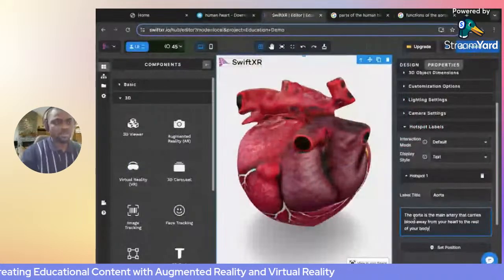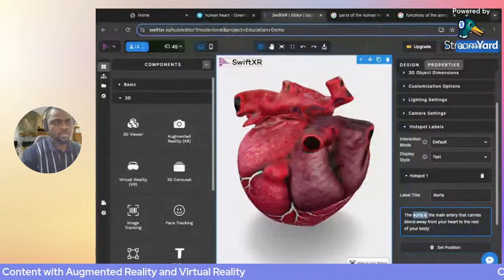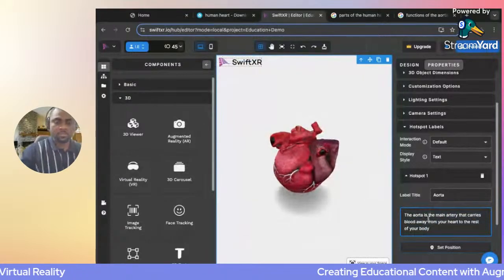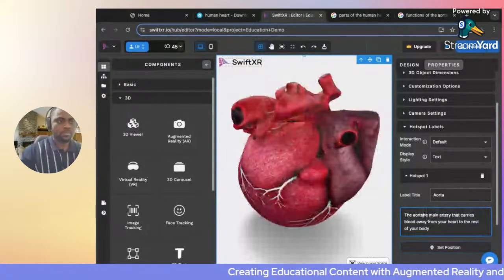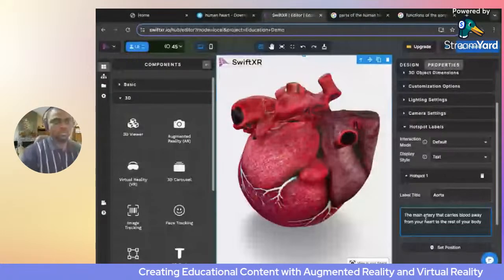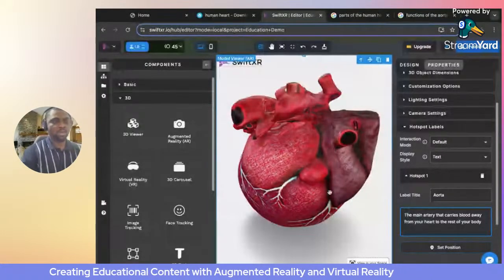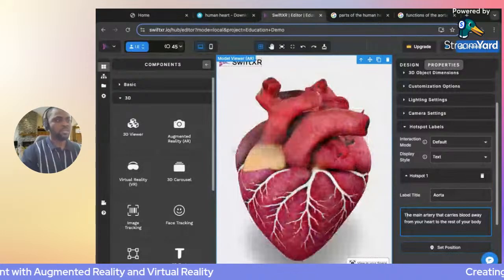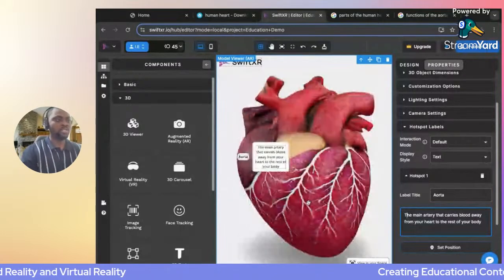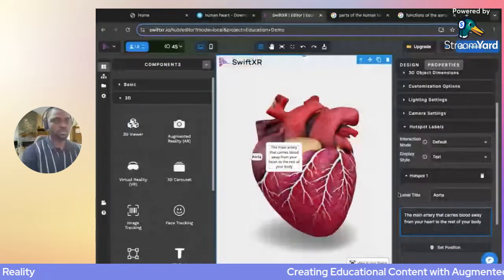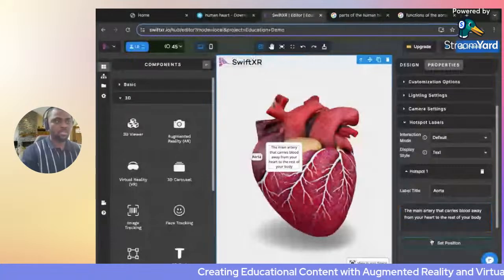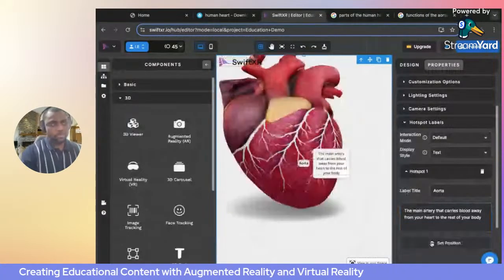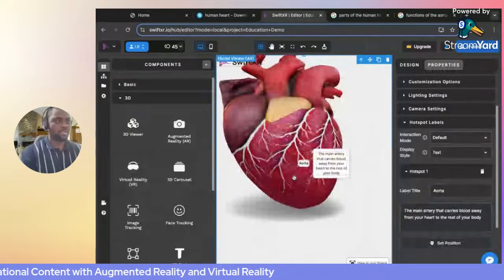So the aorta, I will say this: the aorta is the main artery that carries blood away from the heart to the rest of your body. Now, where is it? Oh, right, it's here. However, if you would like to change the position of this label, you can click on set position. If you think it's somewhere here, just click on it and then it comes here. But we know where exactly the aorta is,